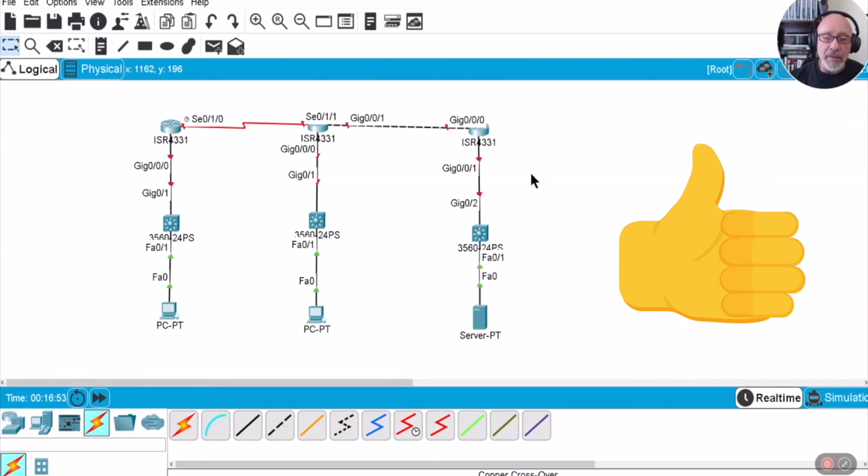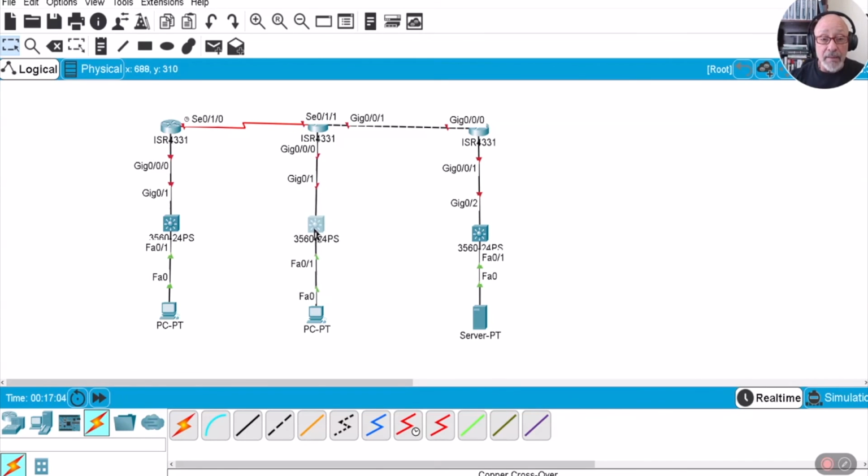So there you go. You've got your topology. You made intelligent, logical decisions. What is it that you want to see? Because now with three routers, you can route. These are layer 3 switches that have the capability of routing. Plus, they can do their own layer 2 stuff. So we have what we need, and we have a server and all that. We have everything that we need in this little basic